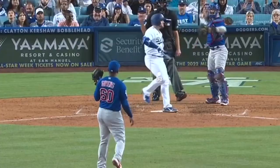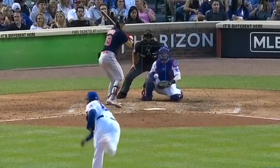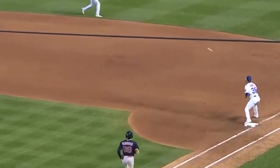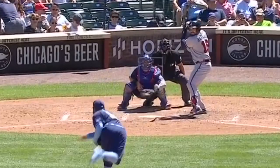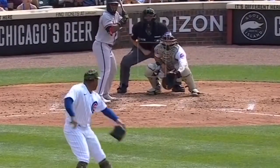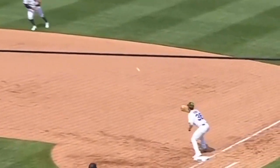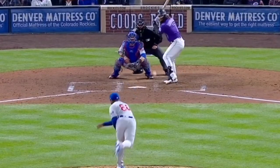Something I want to point out, his average exit velo against in his career is 86.6 miles per hour. He has always been at the top of the league in terms of average exit velocity and hard hit percentage, always limiting hard contact. Fools hitters for strikeouts a good bit, but also forces them into groundouts and forces them into weak contact. He's not afraid to challenge hitters with that fastball, get some nice arm side fade to it,